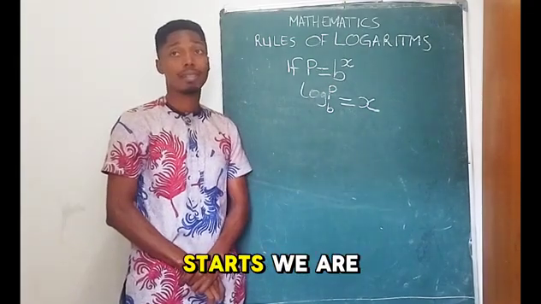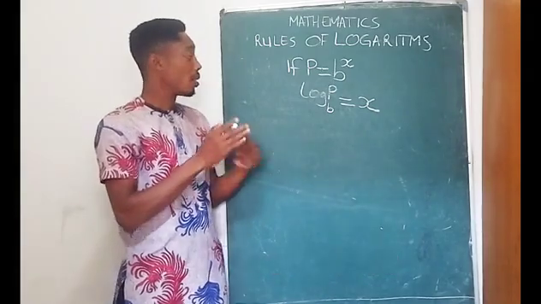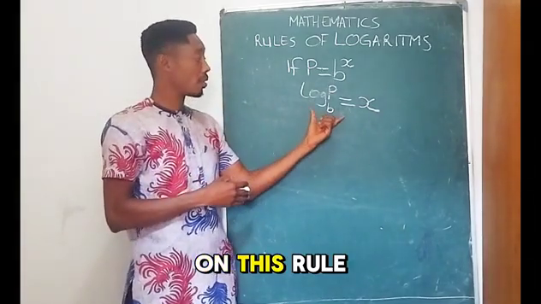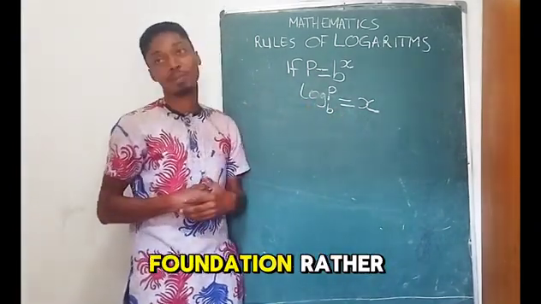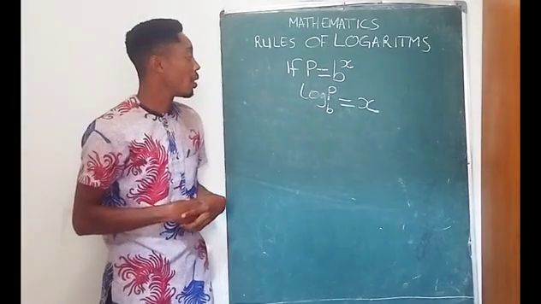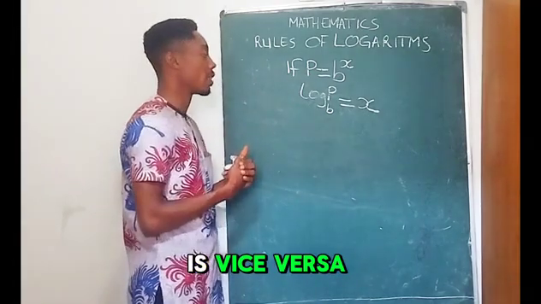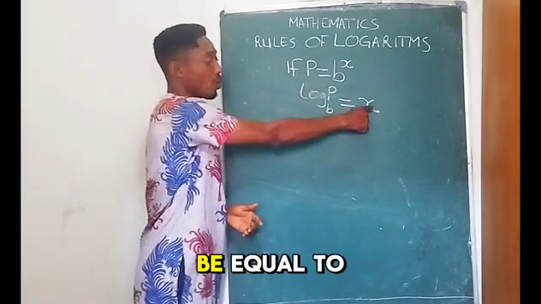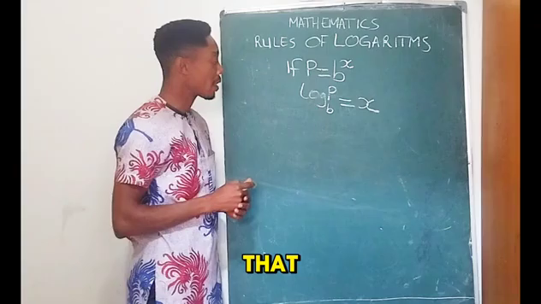So as a start, we are going to be building foundation on this rule. We're going to be building on this foundation rather. And this expression is vice versa. If log p in base b is equal to x, it also means that